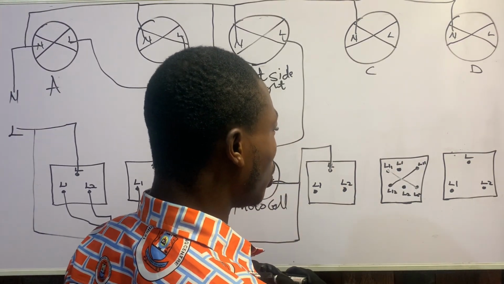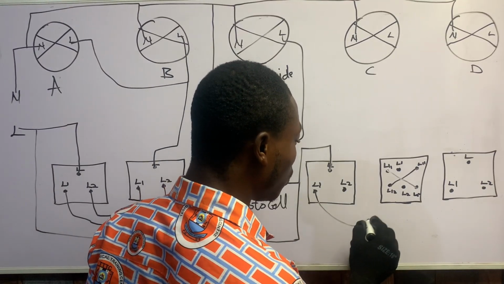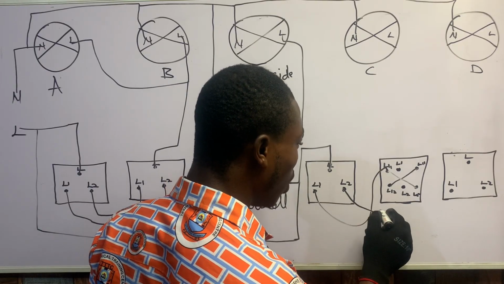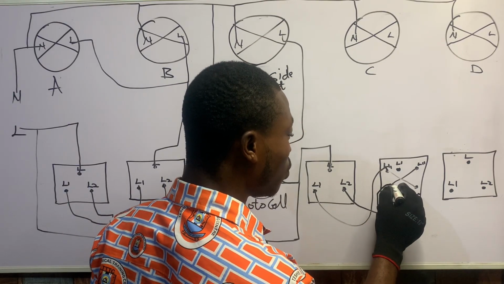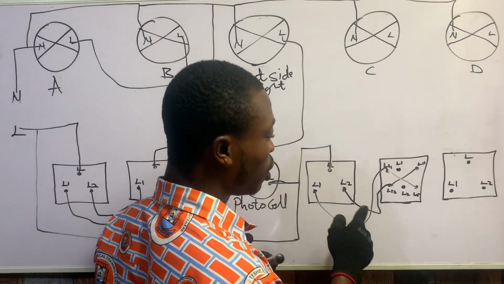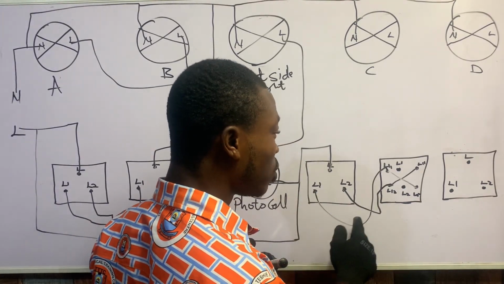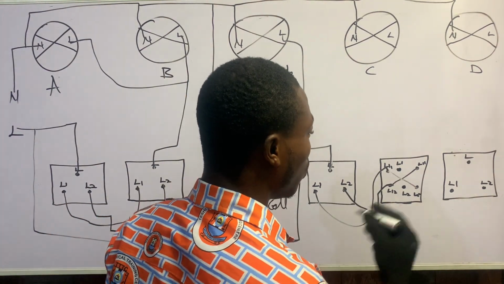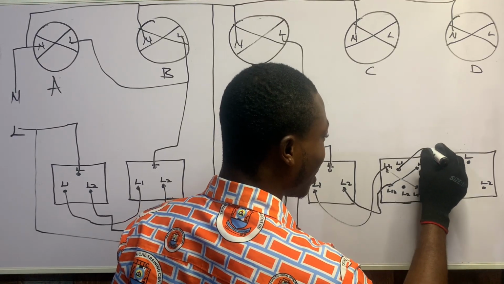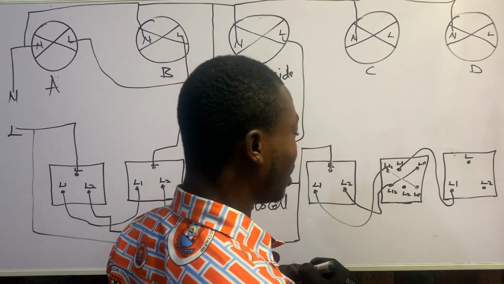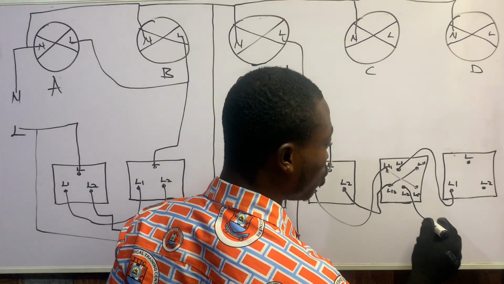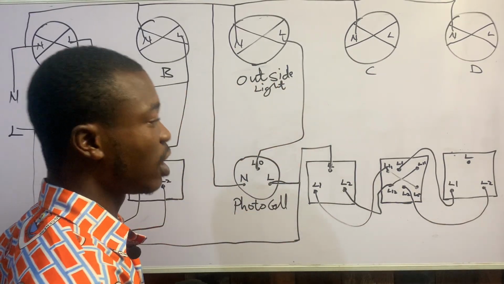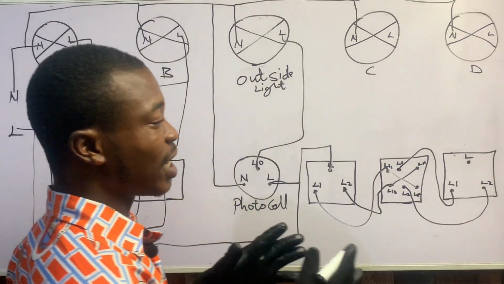So what we need to do now is to take our L1 going to L11 here in the terminal, and then L2 is going to L12 in the terminal. Okay, L2 is going to L12, and then L1 is going to L11. This is how the connection must be. So in this place we have L1 here, and then the L1 is supposed to go to L1 in the intermediate switch, and then the L2 is supposed to go to L2 in the one gang two-way switch. So what we need to do now is to connect our